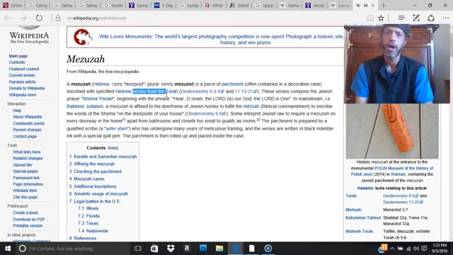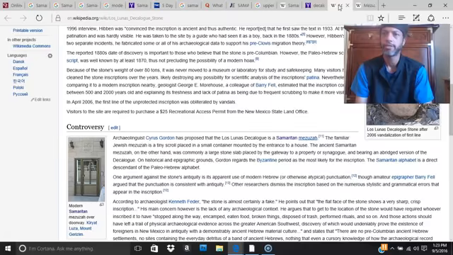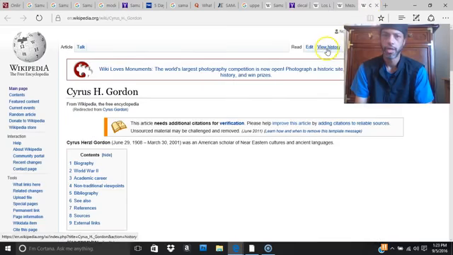So this is something out of the Hebrew culture, right? These people are strangers to the Hebrew culture. They want to be part of it, or they're accepting it or adopting it into their own culture. So this Cyrus Gordon, remember, I believe Cyrus Gordon is the guy from the Smithsonian bullshit, right?